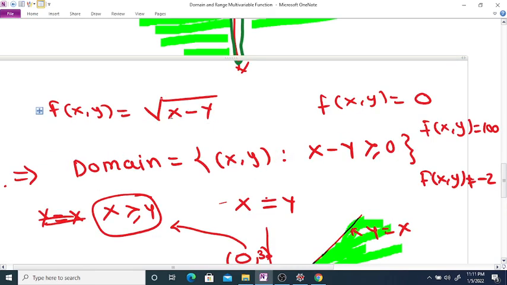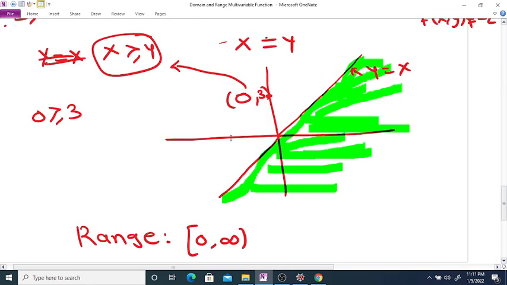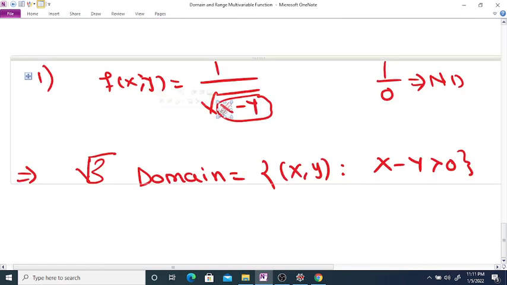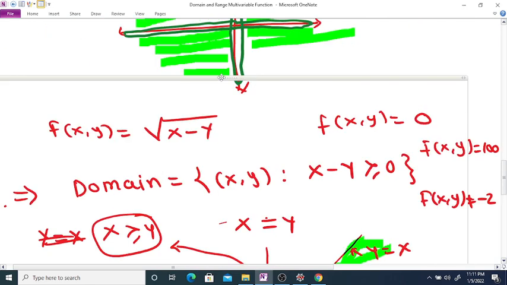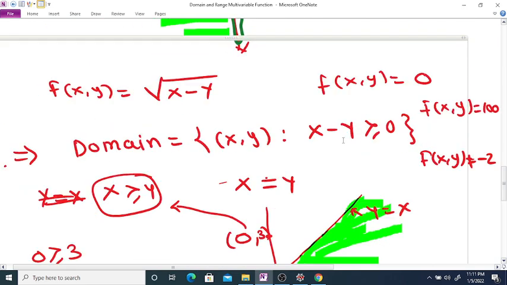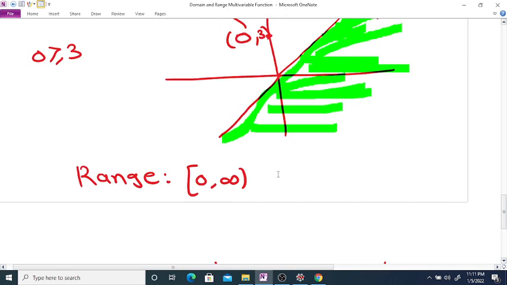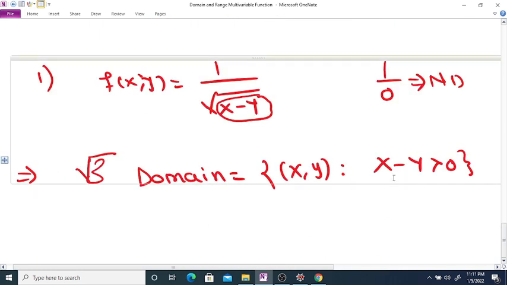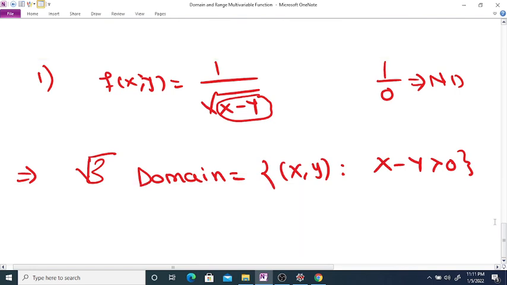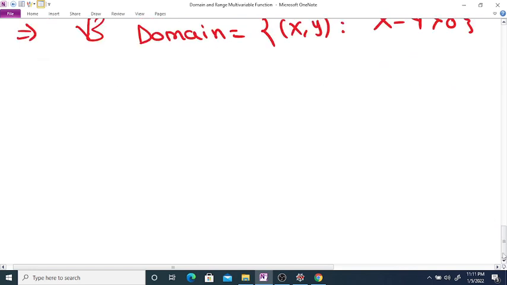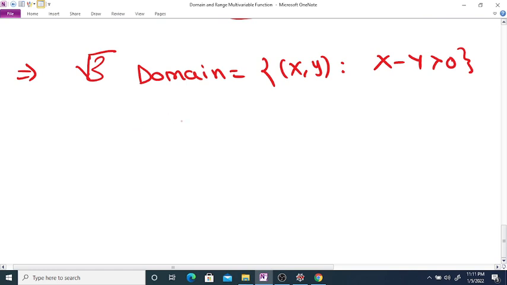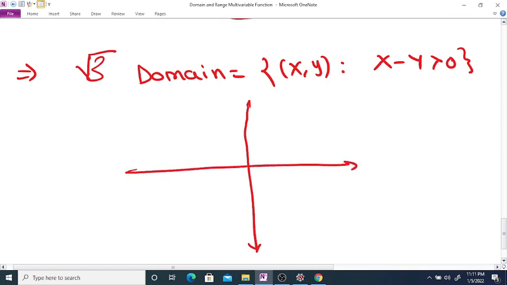In the previous example, it is the same example, but the square root term is present in the numerator, and in this example the square root term is present in the denominator. So in the previous example, the domain is the collection of all (x, y) such that x minus y is greater than or equal to 0, but here the domain is the collection of all (x, y) such that x minus y is greater than 0. Okay, so to sketch the given domain, if you consider this is the y-axis and x-axis,